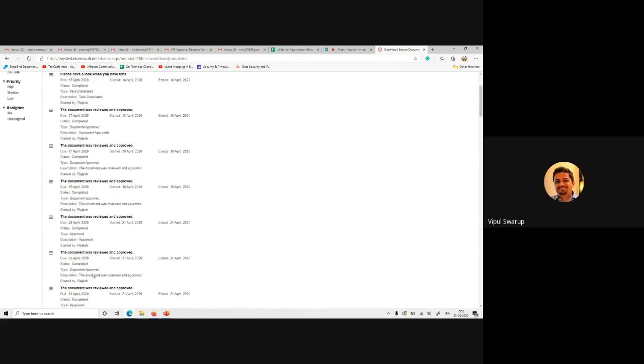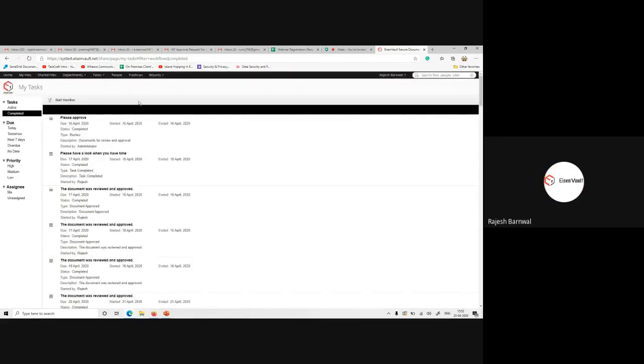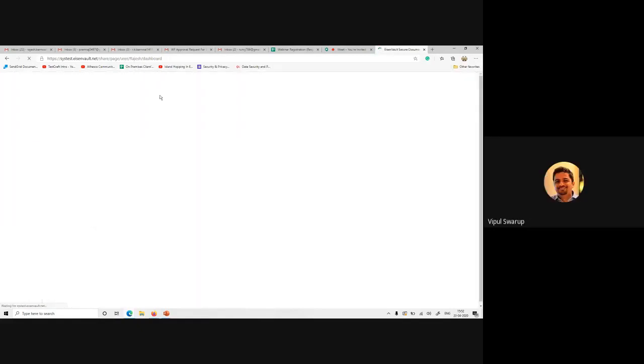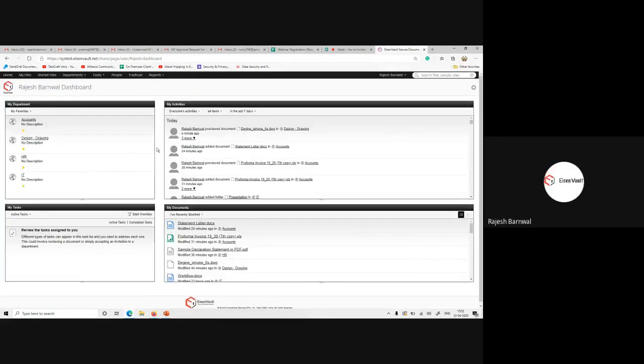Rajesh, there's a question from Evi. It says, how about policies and manuals department? Can we use the approval menu in our department? And if the document is rejected, can the person who asked for approval edit it directly on the menu for revision or changes? Or do they have to download it first? Nitin, you would like to answer this? Nitin got disconnected. Okay, so let me answer this.